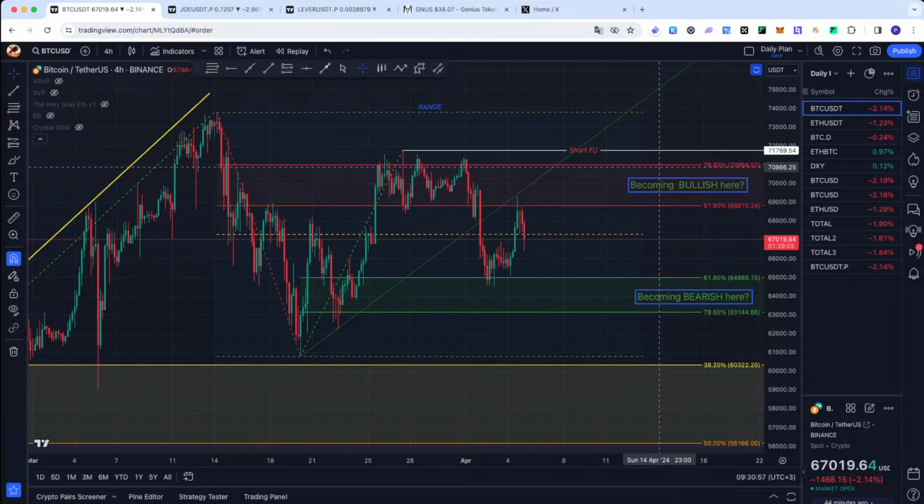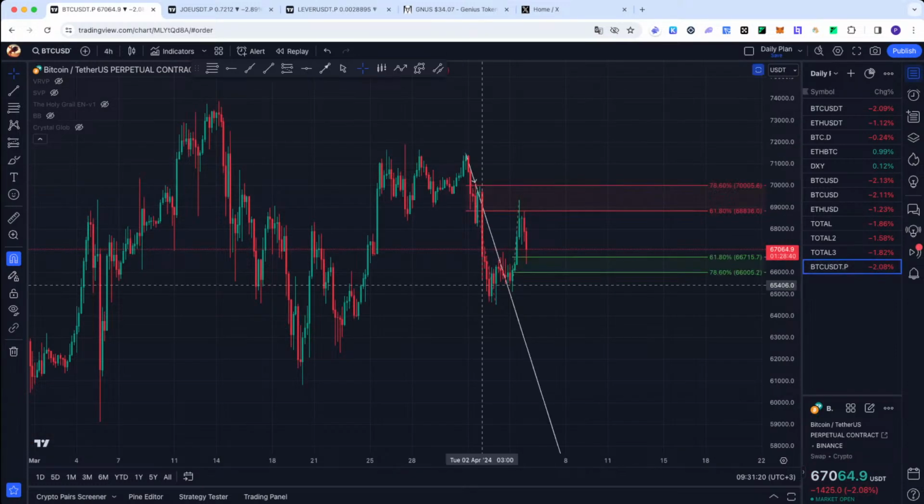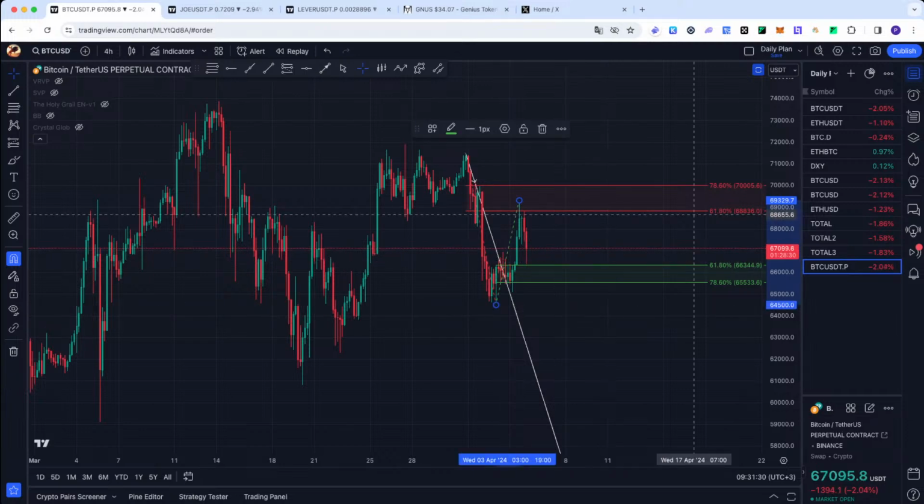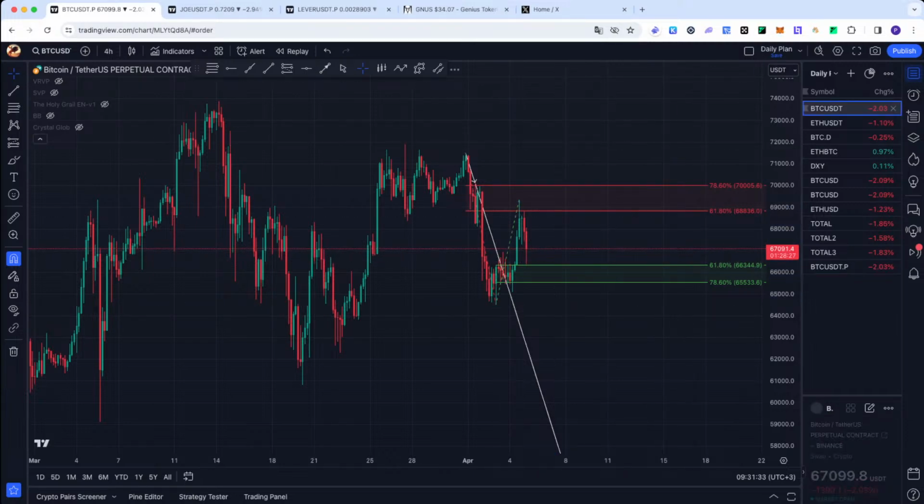Now you can see Fib pong from short to long reload zone, back and forth again and again. You can see what happened here: aimed out in the long reload zone, back in the short, and now back down. If you go on lower time frames, you'll see it even better. It's playing around on lower time frames also. We bounced in the short and now we are in the long reload zone. Nice and clean price action. I like that. Let's go back on this chart.